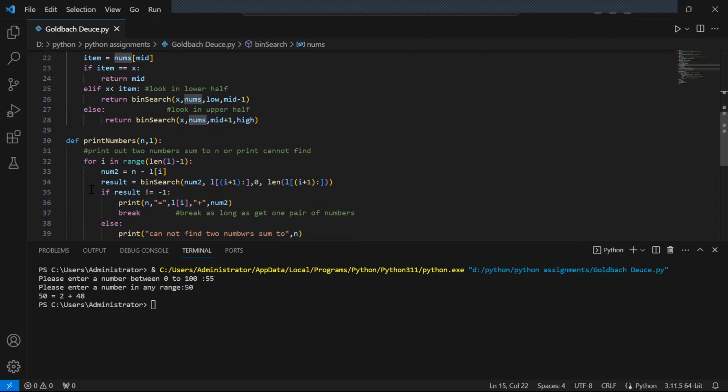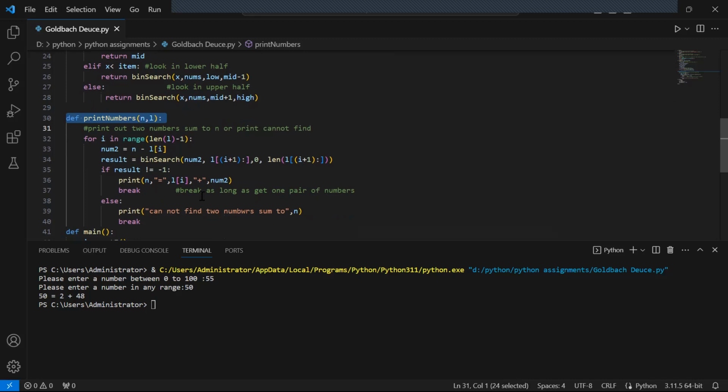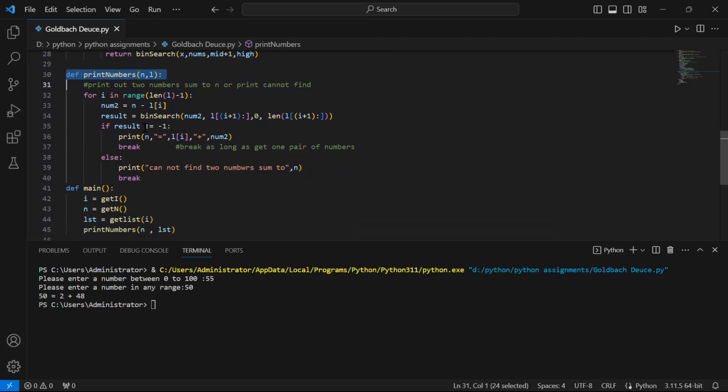And the prime numbers n, 1 function iterates through the sorted list 1, as we can see here. For each element, it calculates the second number required to reach the target sum n. It then calls binary search to search for this second number in the sublist of 1 to return the current element. If it finds a pair of sums to n, like if you see here,